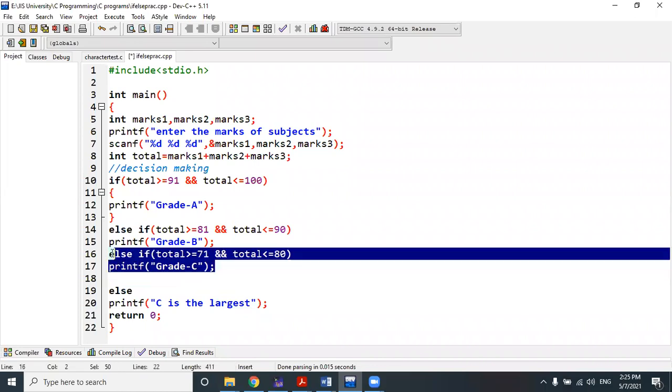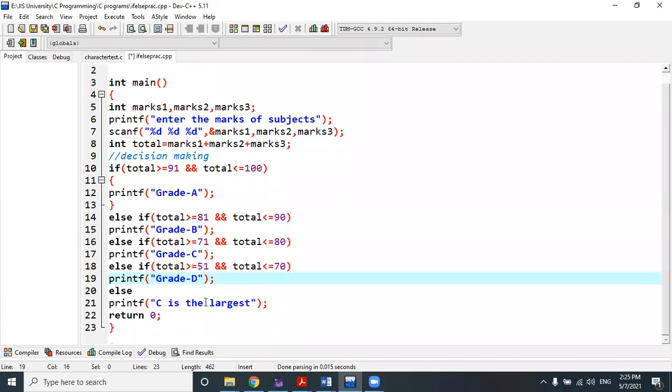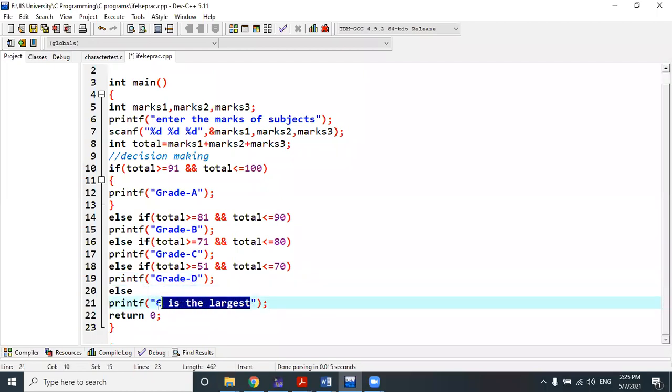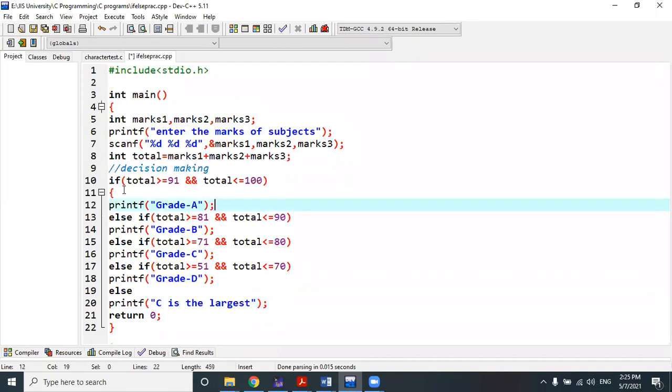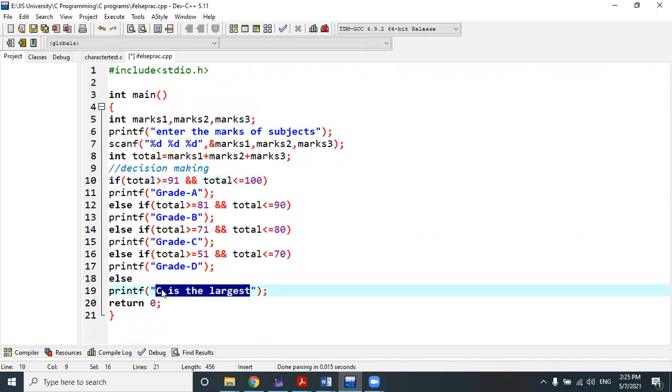Okay. Now again one more else if, and if the marks will be 51 to 70, then it should be grade D. Now the else part will say that if a student's total marks do not fall within any one of this range, then we can say that the student fails. So it is a grade F. Is it clear to you? প্রত্যেকে বুঝতে পারলে the logic of this code?